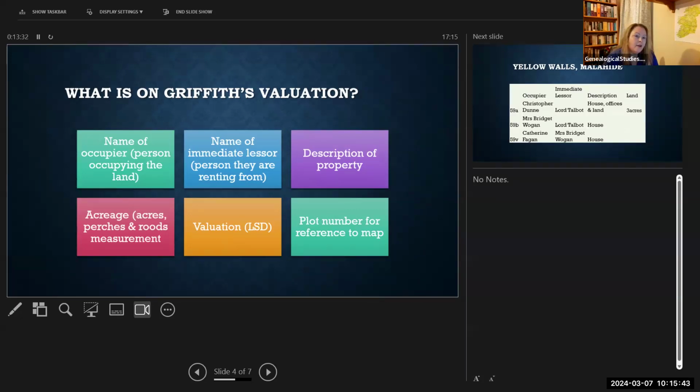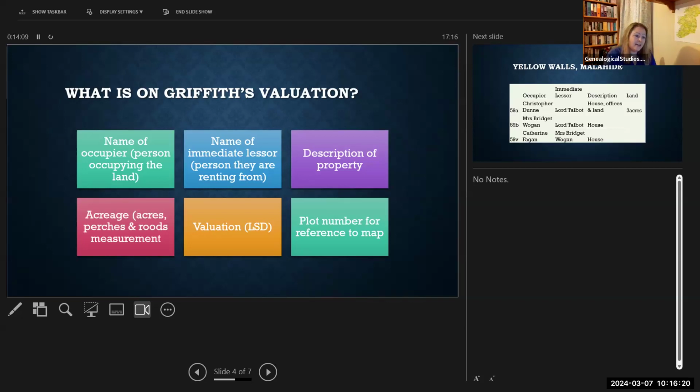But where this falls down is if you've got two adjacent townlands, and you've got James O'Shea in that second townland, then he could well be the same person as in townland A. You need to have a look at the map, because what you might find is that plot 17 in townland A actually adjoins plot 5 in townland B. Then it would make sense that it probably is the same James O'Shea, and he's renting two different plots that just happen to be in two different townlands, but they're beside each other. He wouldn't care about that necessarily, but it doesn't clarify that.